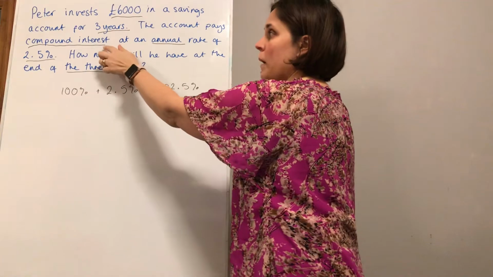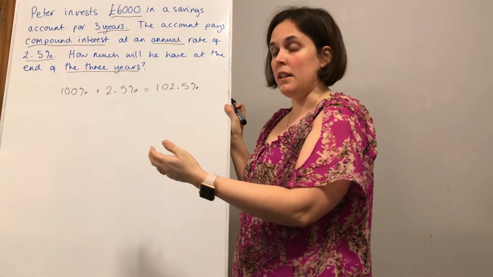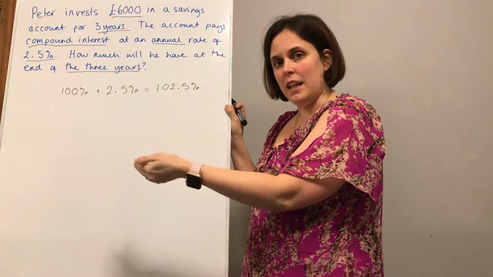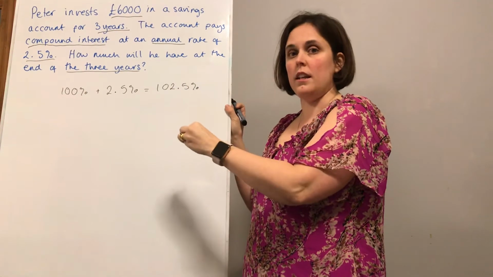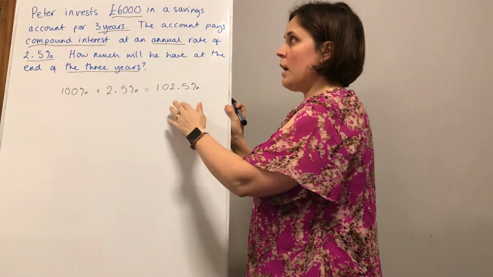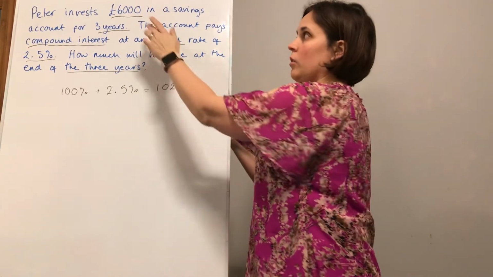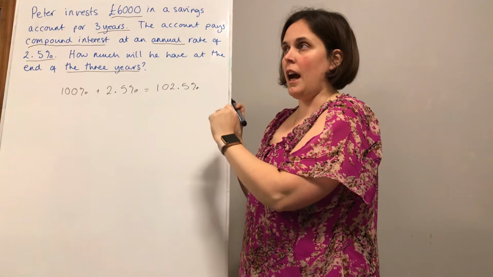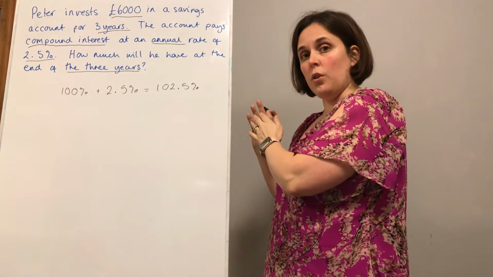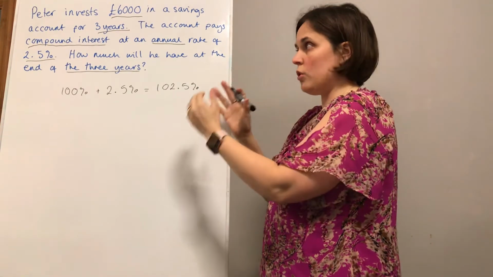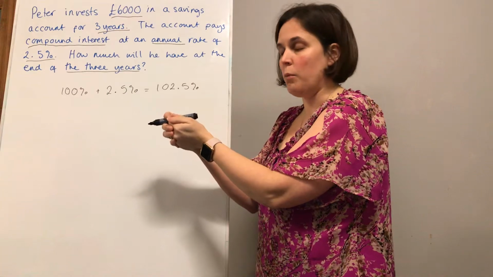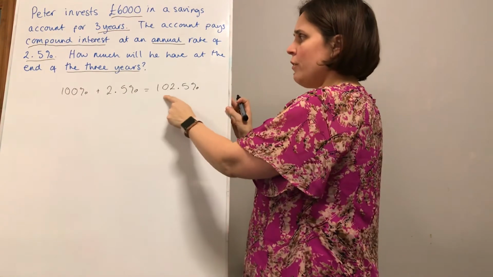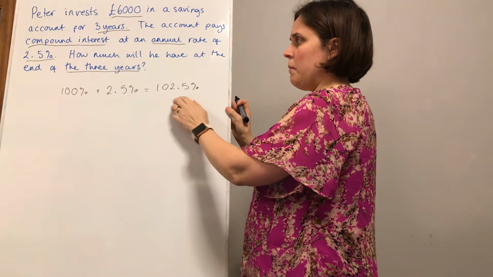Now, because it's compound interest, what that means is that each year you're getting the interest on whatever's in the account, okay? So that means at the end of year 1, you'll have 6,000 plus the 2.5%, and at the end of year 2, you get the interest on top of what was in there at the end of year 1. So a quick way of doing this is if we just wanted to find 102.5%,